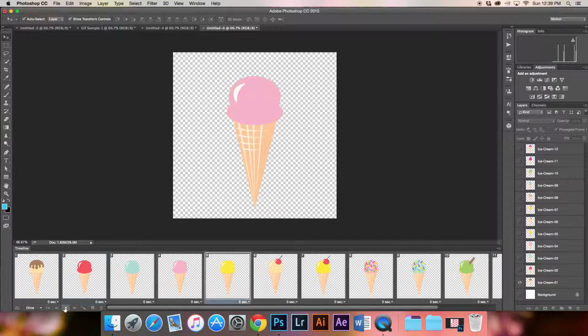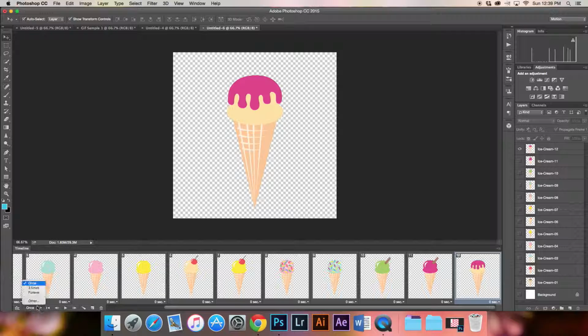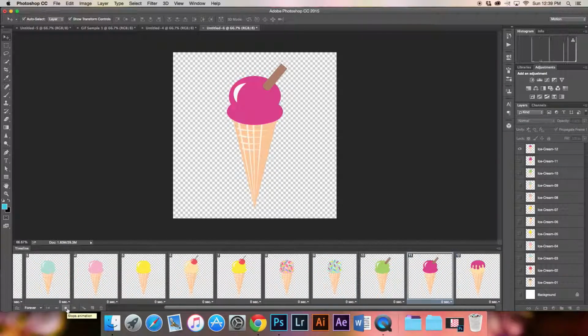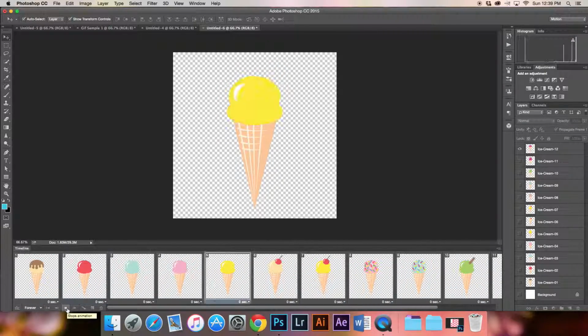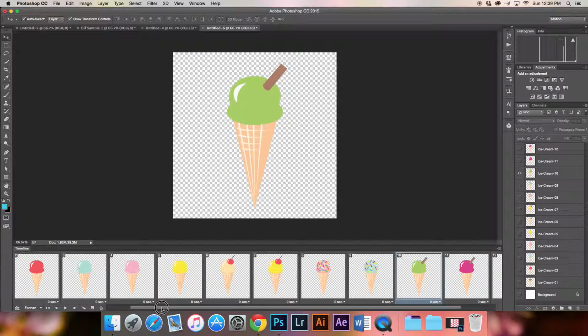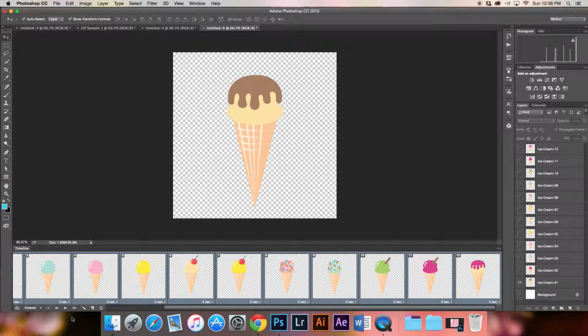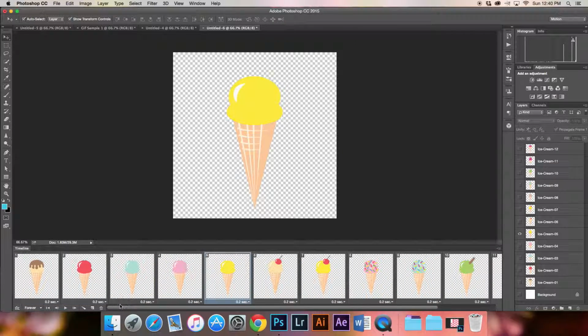and now what it will do is start cycling through the ice cream cone. You'll notice I have it only set on once, so I'm going to change that to forever, and it will start cycling through my ice cream cones forever and ever. Let's say that I wanted to slow it down a little bit. Just quickly change the frame rate on all of them, and I can from here start dragging the order that